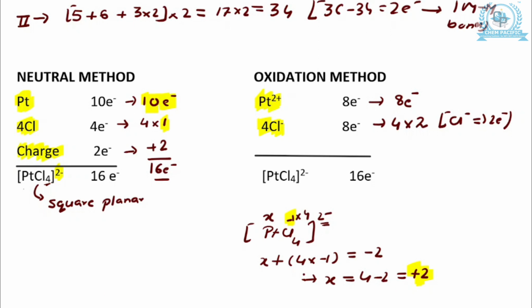So at the end you don't have to add the charge like we actually did in the neutral method. तो यहाँ पे oxidation method में always remember, since हमने charge को consider करके ही metal का और ligand का जो चार्ज हमने बिठाया, तो हम यहाँ पे ये चार्ज को कंसिडर नहीं करेंगे क्योंकि ऑलरेडी हमने किया है। तो ओवरऑल जब आप ये सब ऐड करते हो, ये भी 16, तो ऑब्वियसली 16 ही होगा क्योंकि दोनों का तो सेम है। बट इम्पॉर्टेंट ये है हम कैलकुलेट कैसे करते हैं।